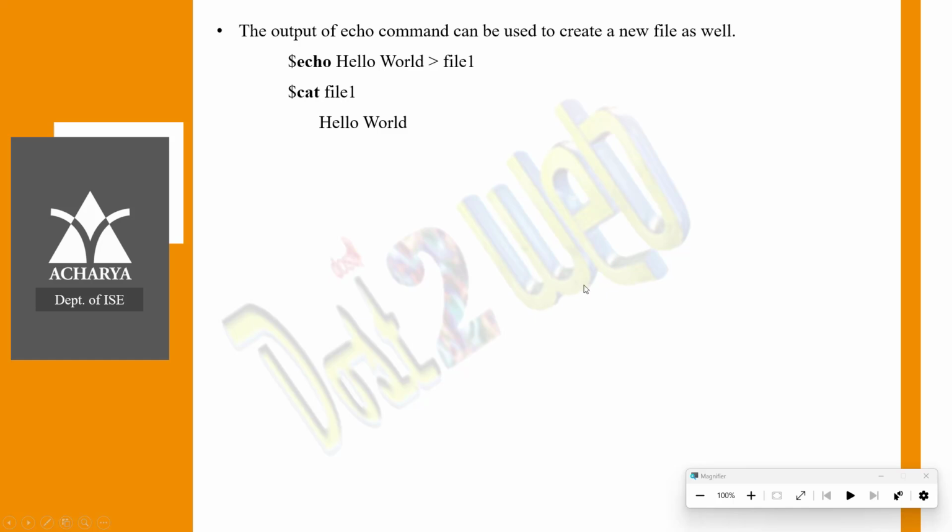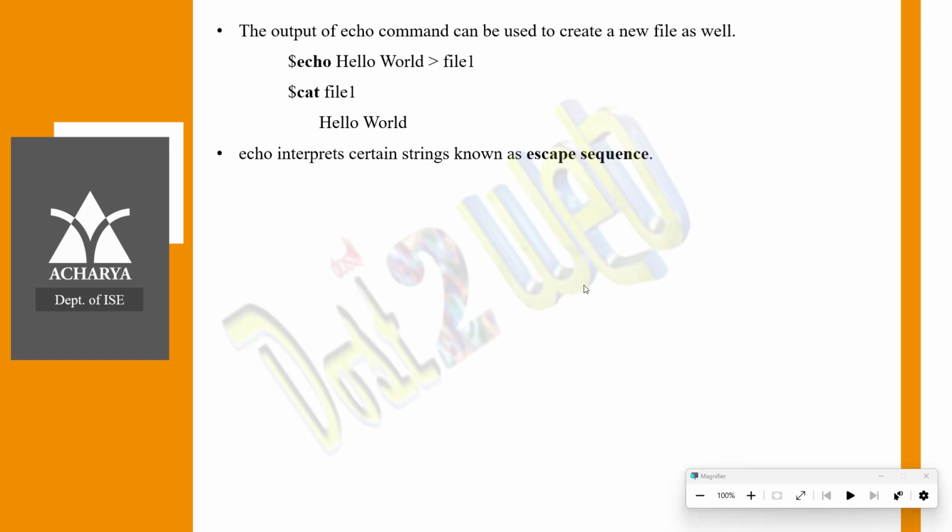Next, echo interprets certain strings which are nothing but escape sequences. What are the escape sequence characters we have?